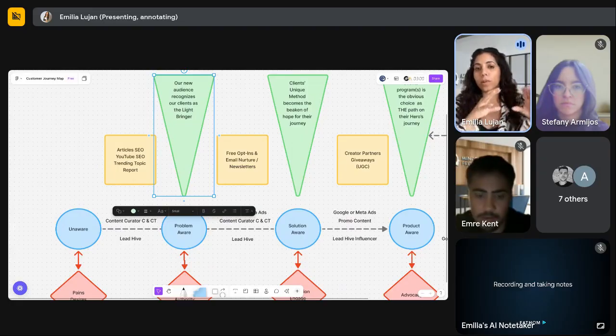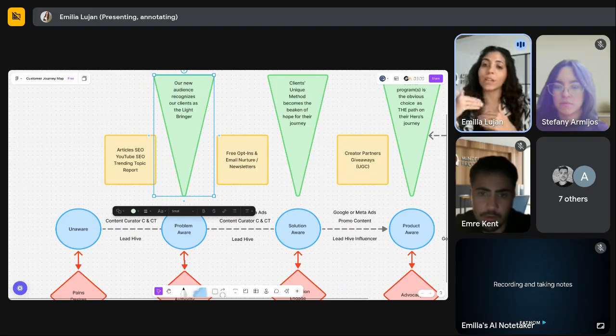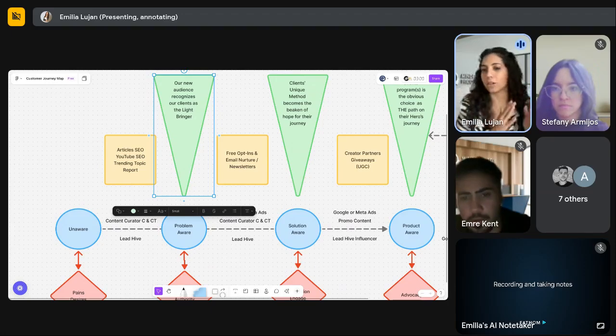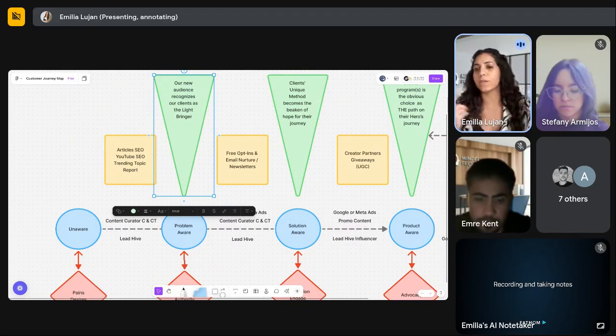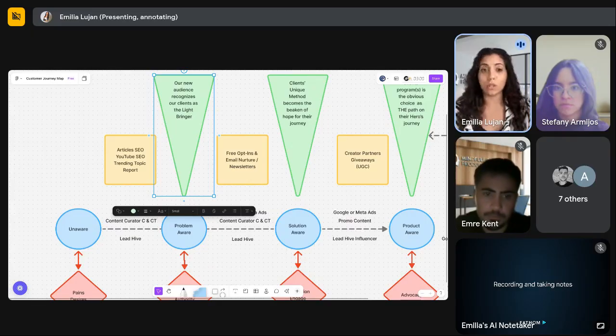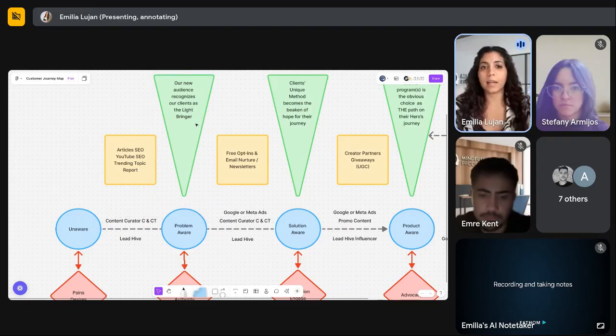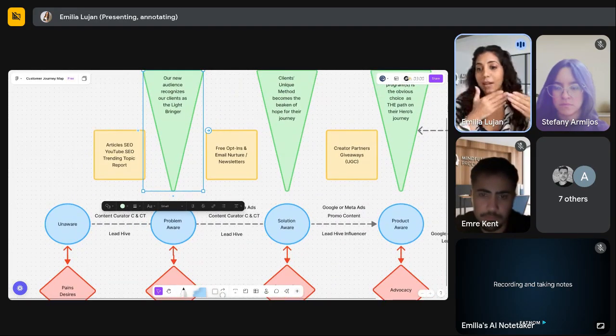So when we work with clients, like Amanda, we don't position Amanda as the hero when we're doing her positioning and her brand story, etc. We're positioning Amanda as the light shower, because they're that person that you say, oh, right now I'm in my hero's journey, but right now I'm in the dark side of my hero's journey. Maybe I feel fatigued, I feel confused, I feel lost, I feel out of focus, I don't know what to do. So our client becomes the light shower, the light bringer, and they're the ones that take you on this journey towards healing. Is that clear?